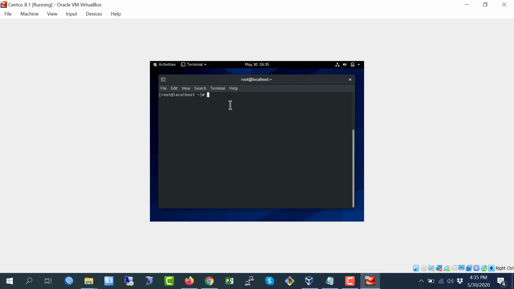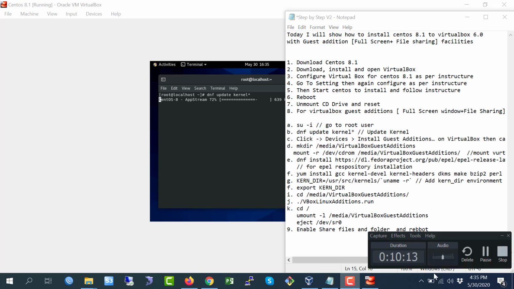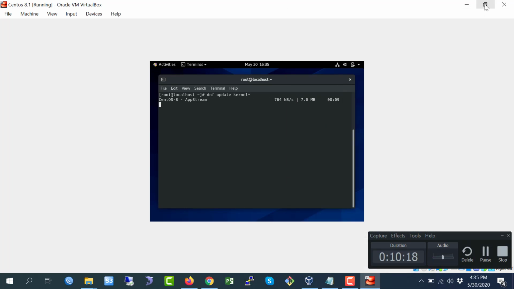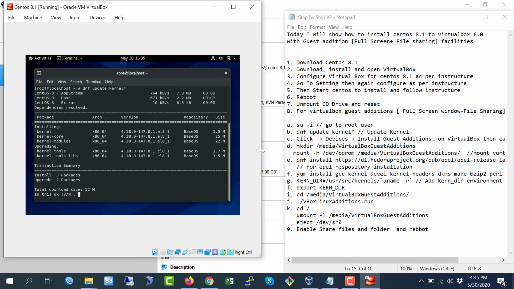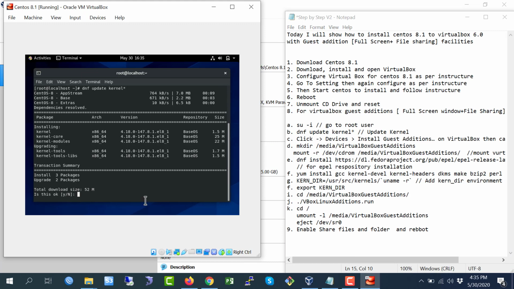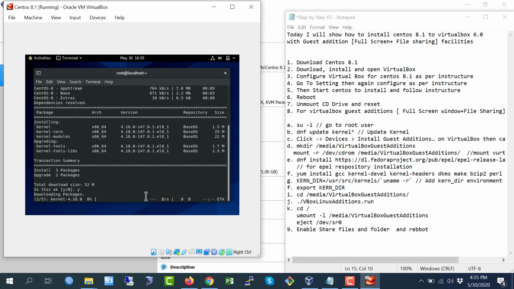Now I am going to step number B. I am writing here dnf update kernel. Just press enter. You see it's downloading. Here I put y, yes, that means a 52 MB file.